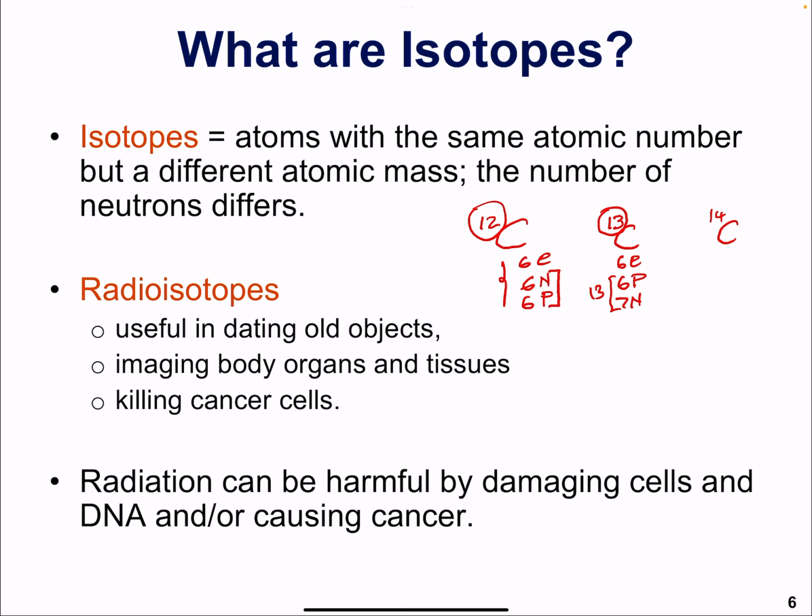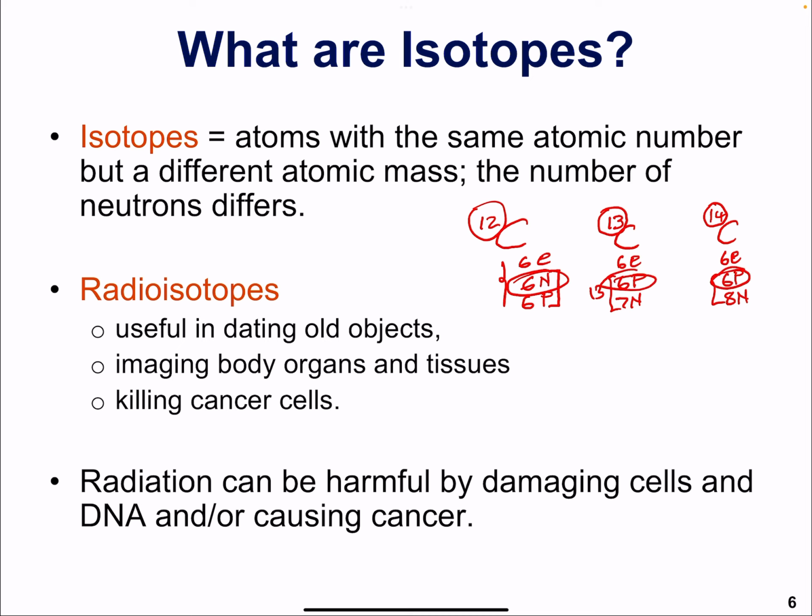Finally, carbon 14 has 6 electrons, 6 protons, but 8 neutrons. Together, we have 14. So, these different atoms have the exact same atomic number, which is 6,